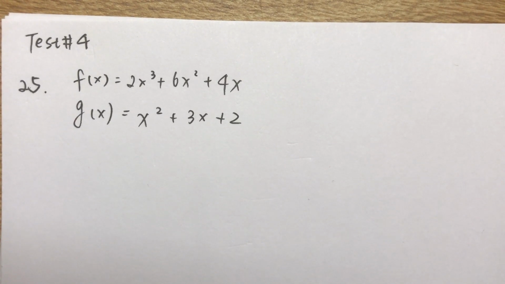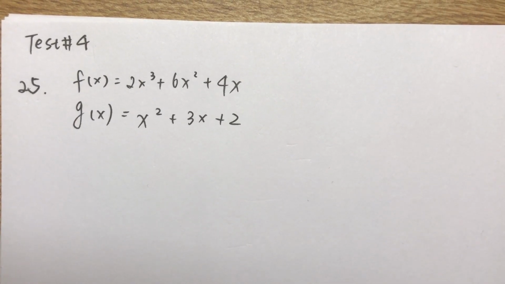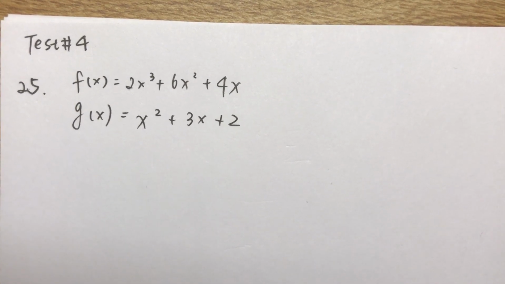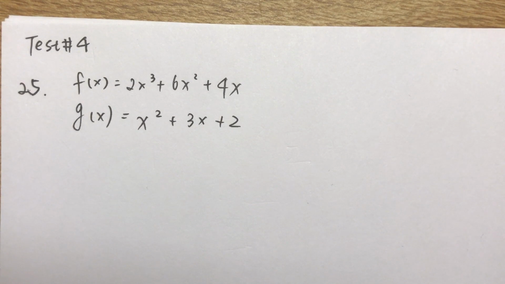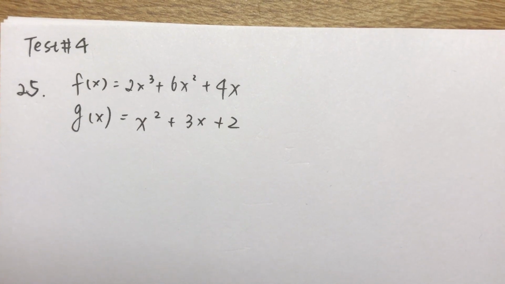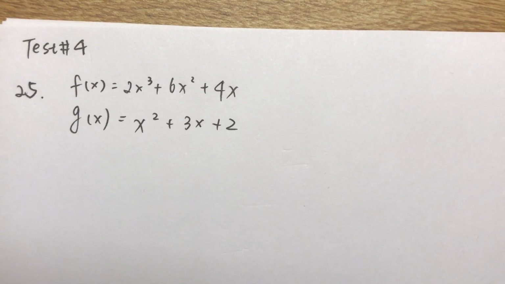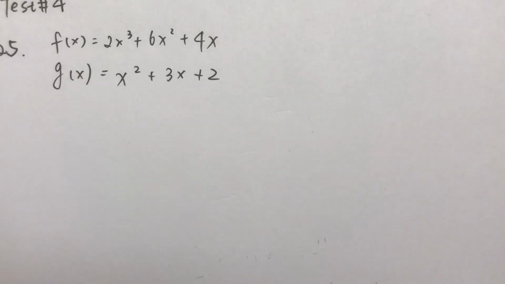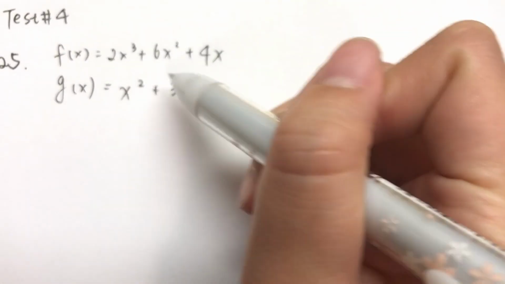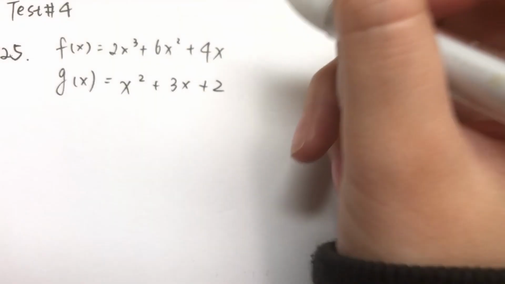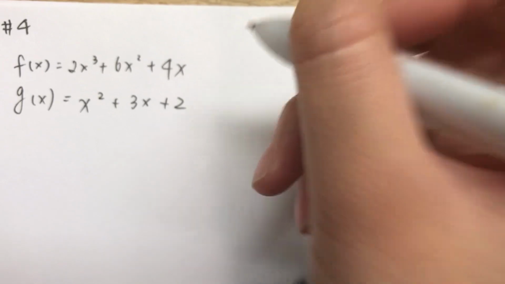So we will start from test number 4, question number 25. The question is: the polynomials f(x) and g(x) are defined above. Which of the following polynomials is divisible by 2x plus 3? For this question, we have two polynomials here. So the first step, we just try to simplify the first